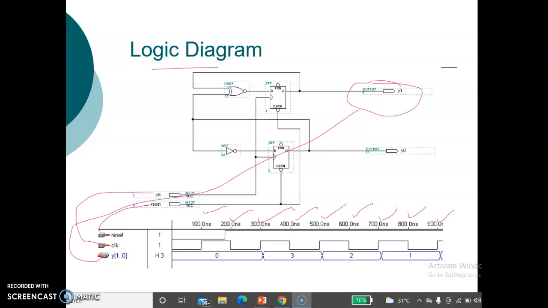Reset up to 200 nanosecond is 0. Okay, from 200 to continue 1 only. Reset, after reset it will be active 1. Then clock in 100 nanosecond up to 0 only. After that 1 up to